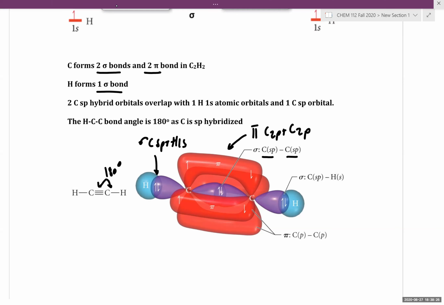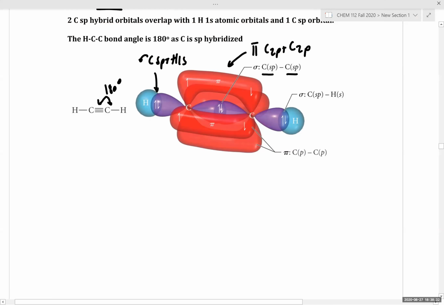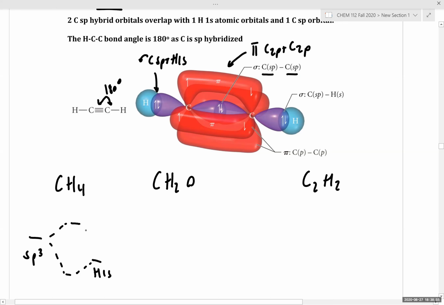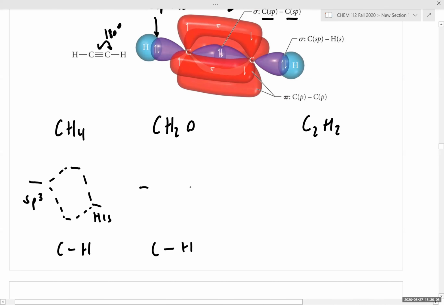Okay, now, one thing that I'm going to leave you with before the end of this lecture, one thing that I want you to think about for a moment is if we look at methane and compare that to formaldehyde and compare that to acetylene, if we think about our carbon-hydrogen bond, and we're just looking at the carbon-hydrogen bond in each of these structures,